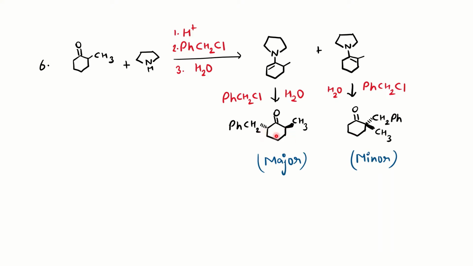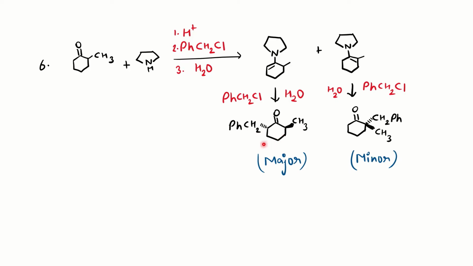And what about stereochemistry? If you imagine that this CH3 is above the plane, then obviously the attack of this alkylating agent will be preferred from the downside, below the plane, because there is no hindrance. If it attacked from above the plane, the methyl is also present there, so steric crowding will be there. So this CH2Cl will attack from below the plane, therefore you will get this on the wedge line. So the two are trans to each other.